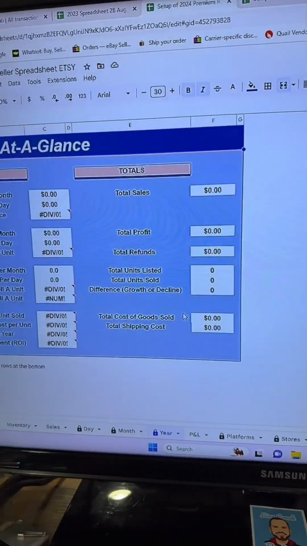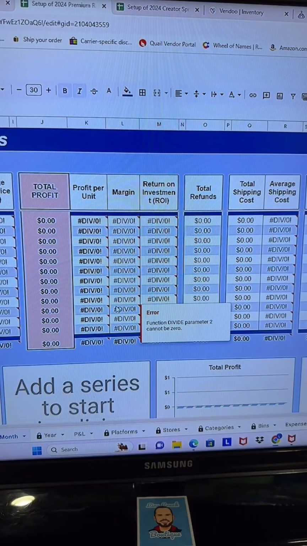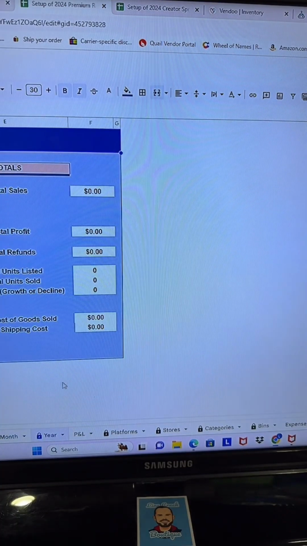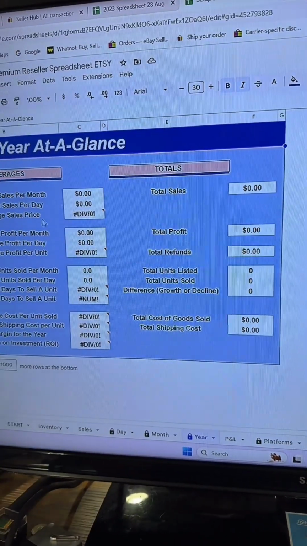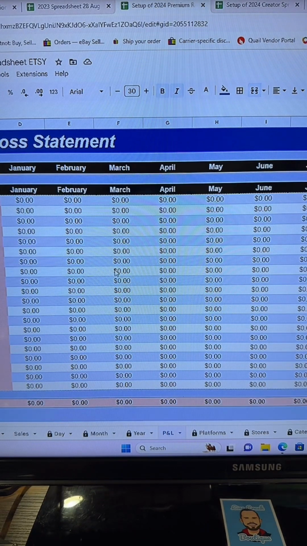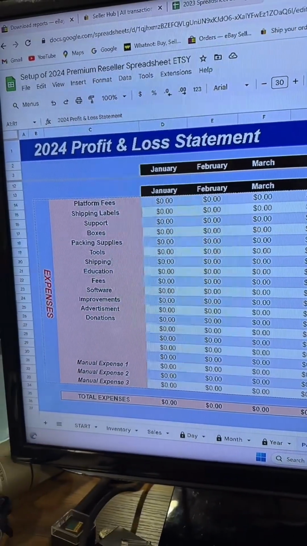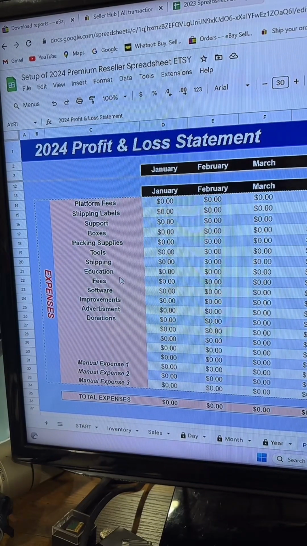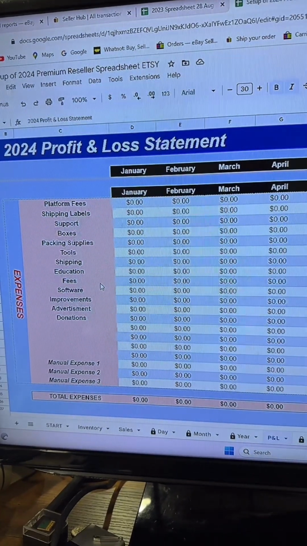And then on our yearly tab, you've got a new page for the 2024 spreadsheet. So I can't go into great detail on this because I haven't had a chance to actually go through and use it yet. But profit and loss statements. So basically it's going to take your expenses from the other tabs that we've entered. You can see that it's already carrying in my expenses that we entered in earlier,